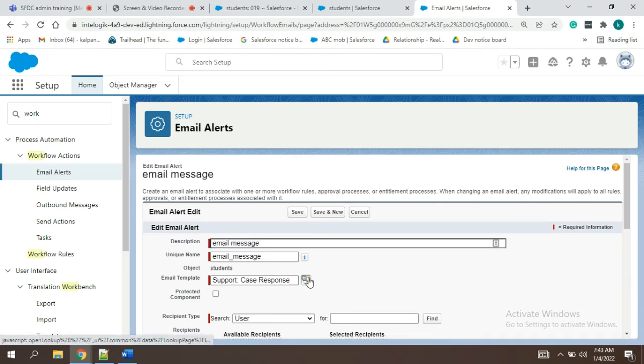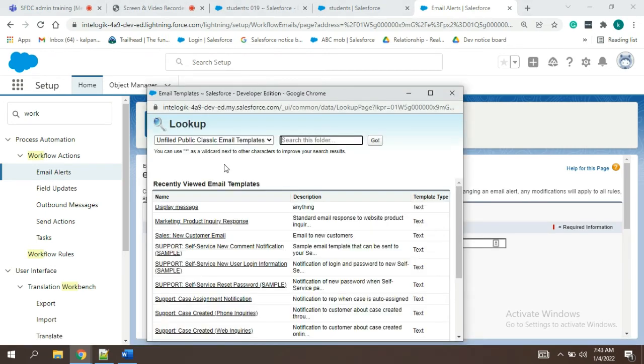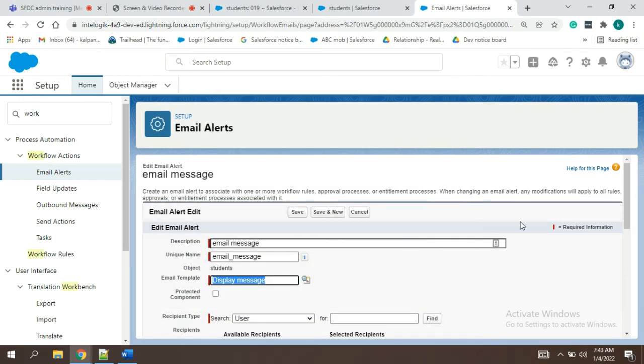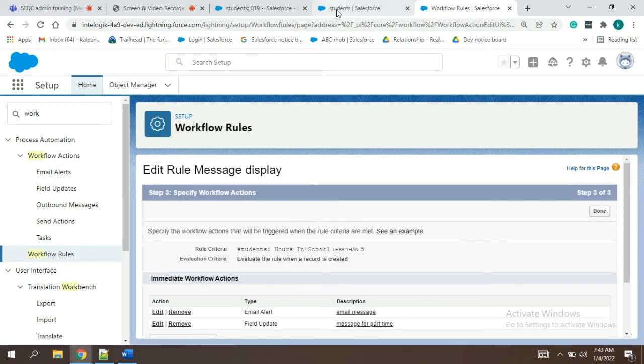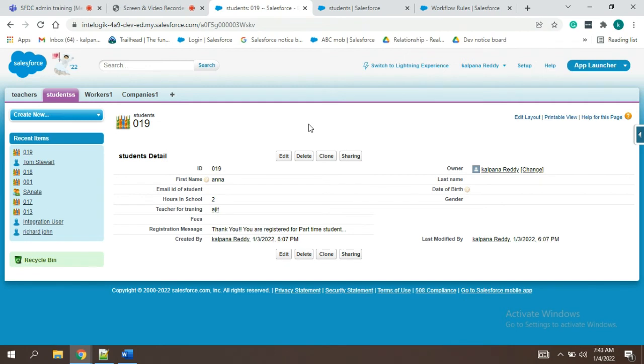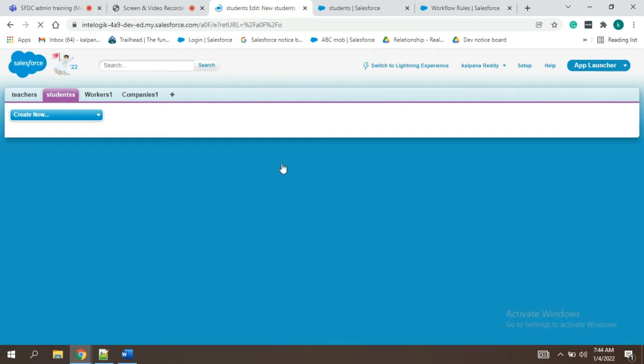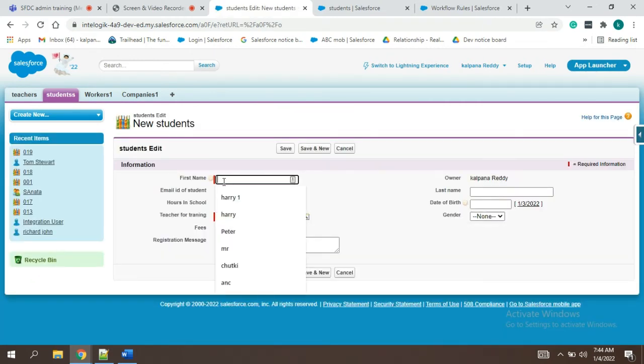We are adding a new template here, guys, which we have created recently. This one, okay, and save it. Now I will create one more and see whether this works or not. If we edit, it will not work, guys, because we have given just create. Give some name, guys. I'm short of names.